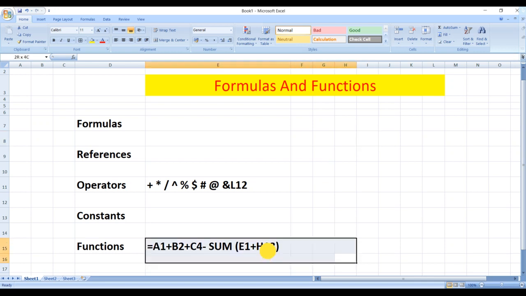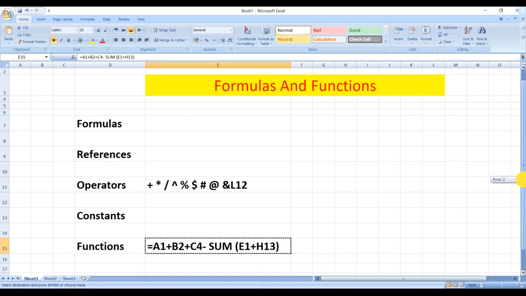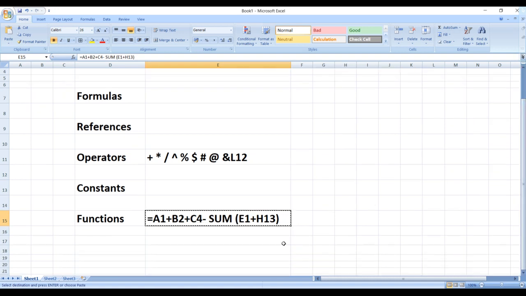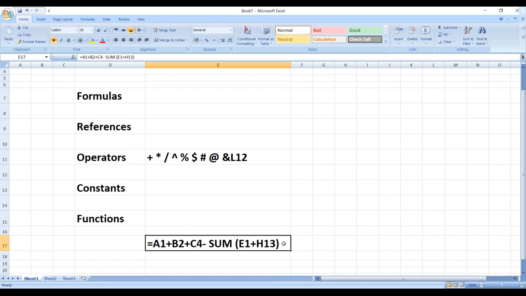So let me show you this as an example. So this is my example. So this is an equal to sign. In the equal to sign, this is just a symbol.